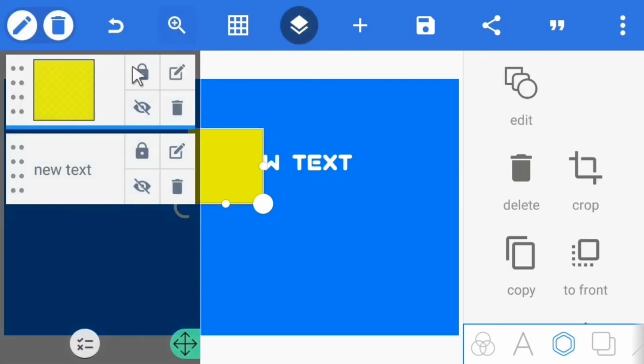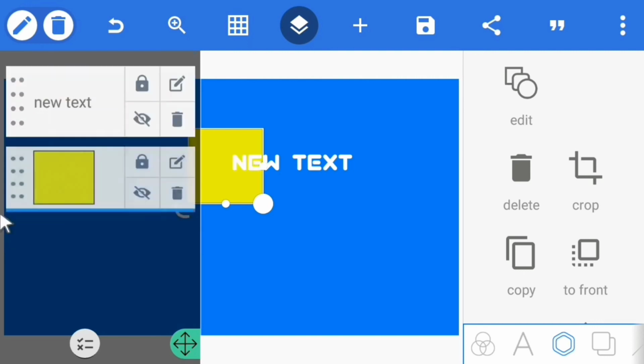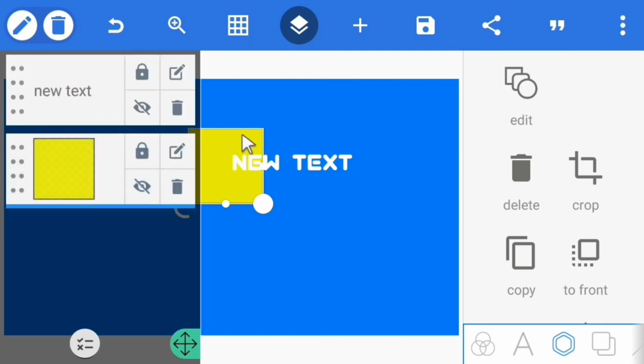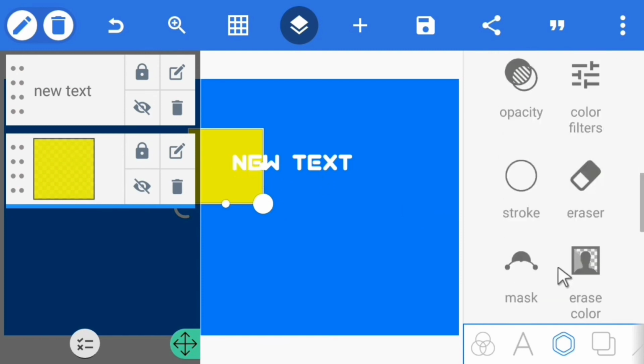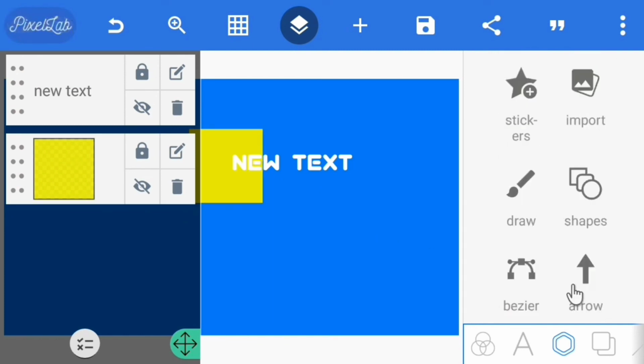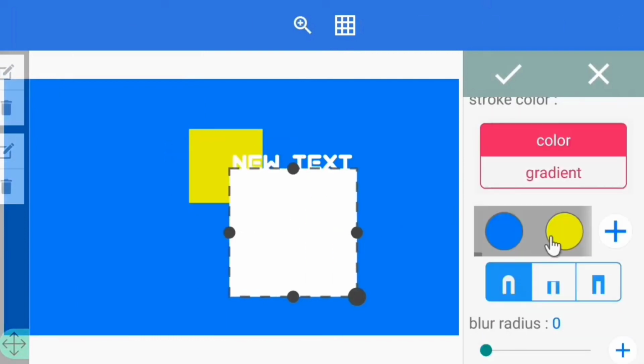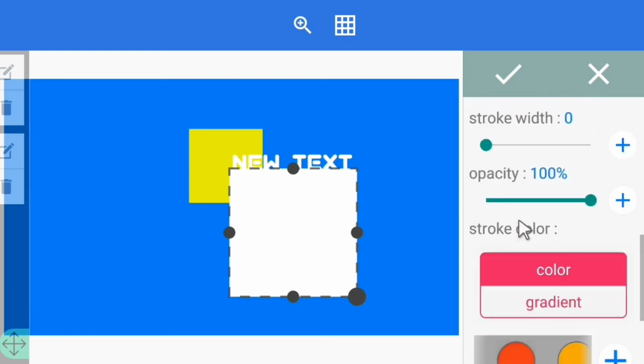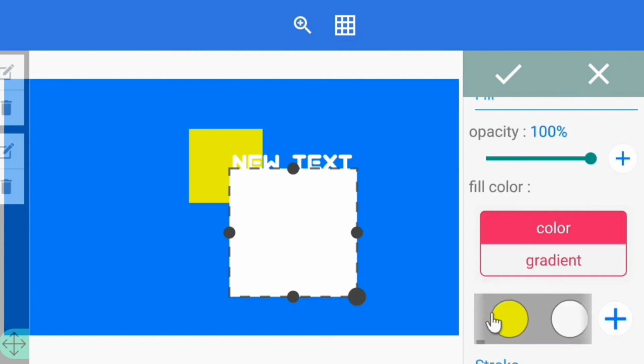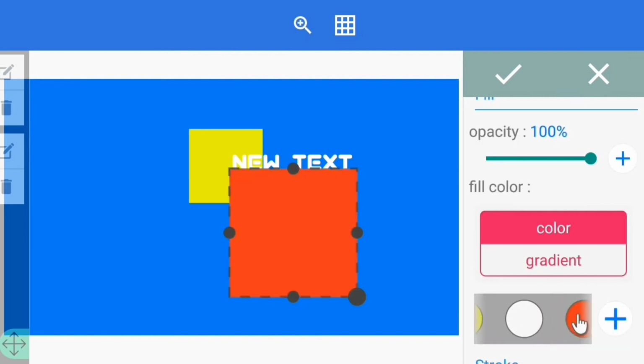Now you can see the shape we just added, and on the layer you can see it's on top. As we are moving it down, you can see it has gone to the back. You can see the effect. Let's add another shape, and then we change the color to this. Okay, let's change the color to, okay, you can see